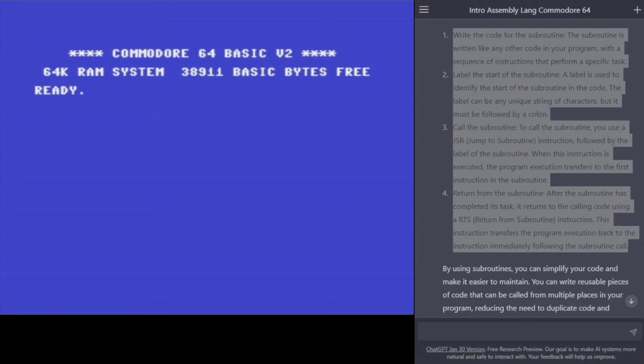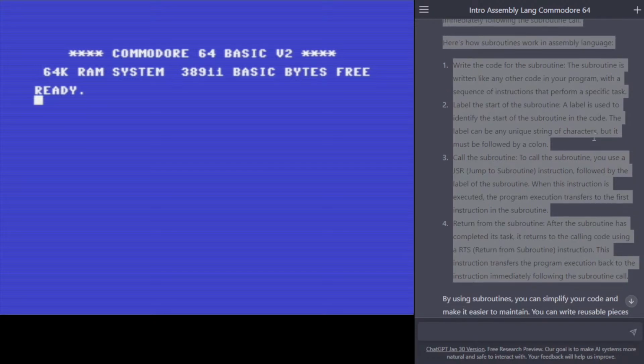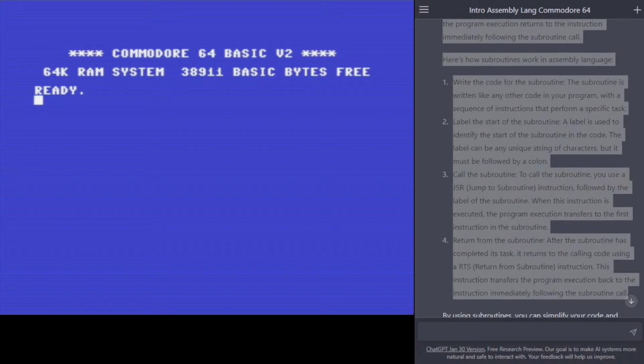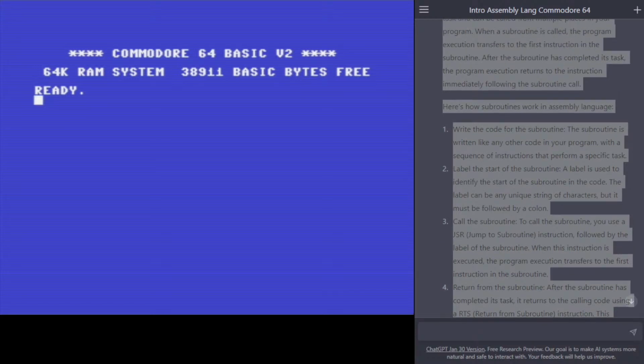Subroutines are a key concept in assembly language programming. They allow you to write a piece of code once and reuse it multiple times in your program. A subroutine is a block of code that